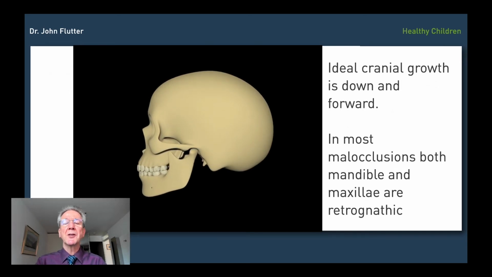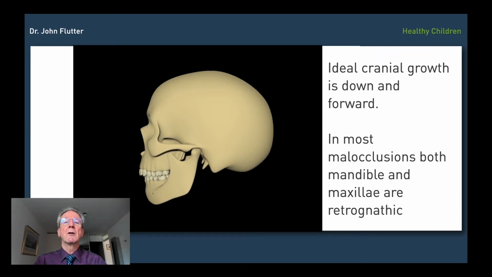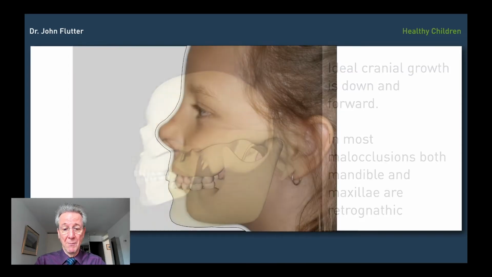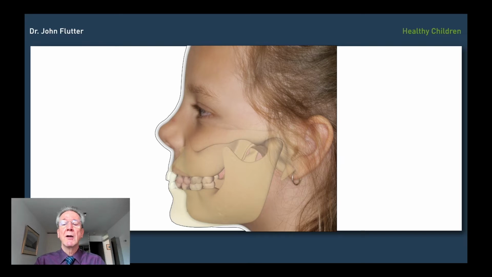One of the claims he makes is that the maxillae, when there is a malocclusion, don't grow adequately forwards. So the tongue, which is the driving force of the maxillary position within the cranium, when it's not in the palate, is not driving the maxillary growth forwards, and so in most malocclusions there will be a retrognathic maxillary arch, even when there is an increased overjet. And so the bigger the overjet, one might argue, the more retrognathic the maxillary arch,